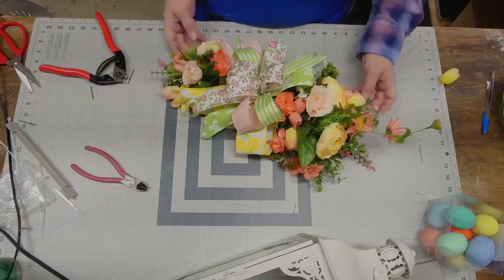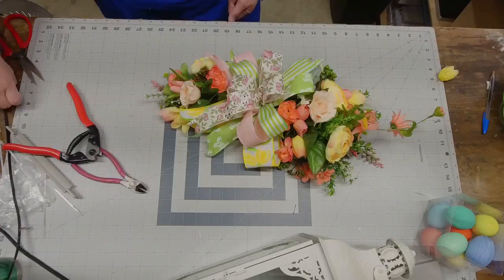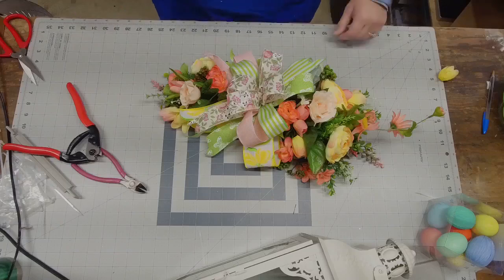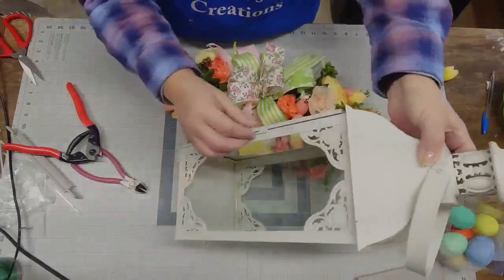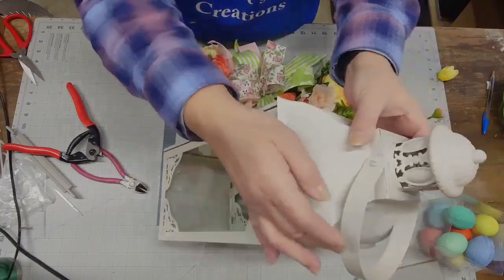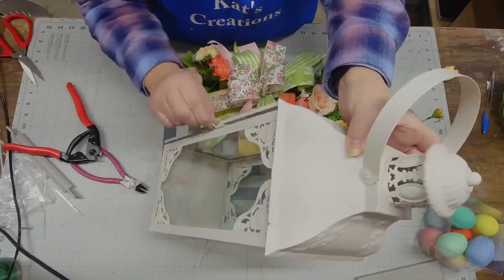Okay, now how do you attach it? Right, that's the biggest question. That was the biggest question I actually got on the mailbox swag. So I am going to be doing a video, obviously when it's not raining, of how to go out there and attach it. So here, I want to make sure that I'm not attaching it on the door portion. And I want to make sure that my handle is out of the way. So I prefer to do it on the complete opposite side